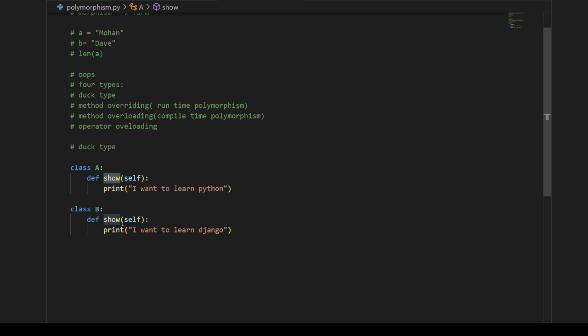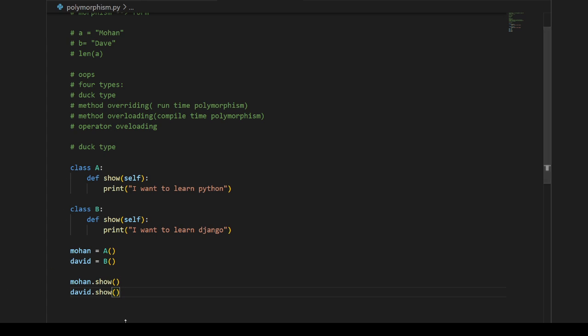Let me make an object called Mohan, and the next object is going to be David. So I made an object of A for Mohan, and an object of B for David. If I call the same method, Mohan dot show and David dot show,